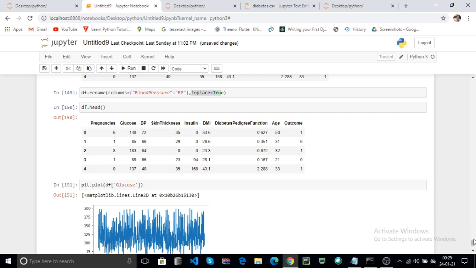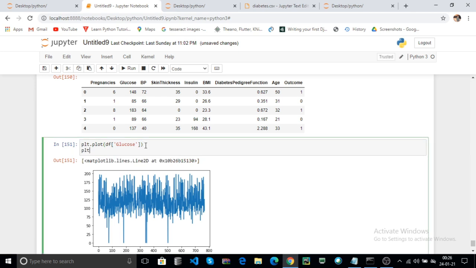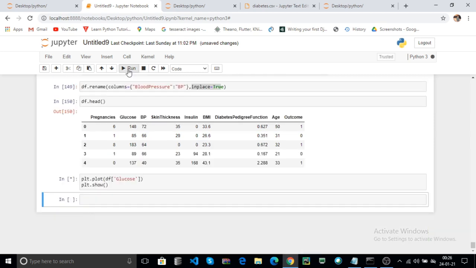Here it visualizes your data. In Python, ideally this returns only a matplotlib object. Now how to handle it? You can use plt.show. This is used to show your plot. It tells matplotlib to display it. Now click on run.